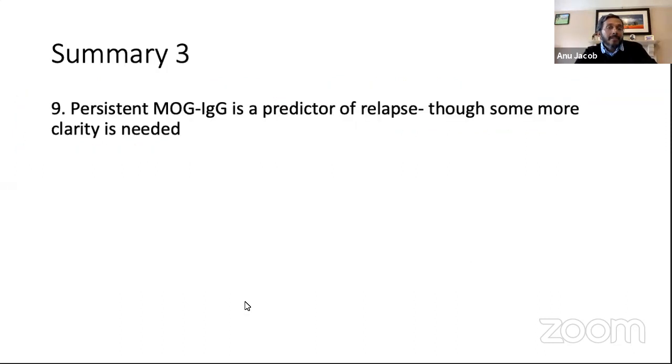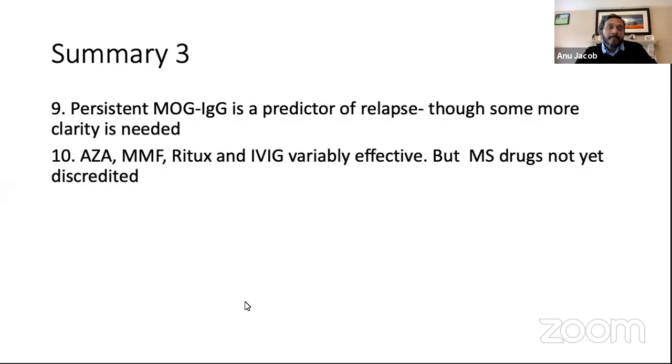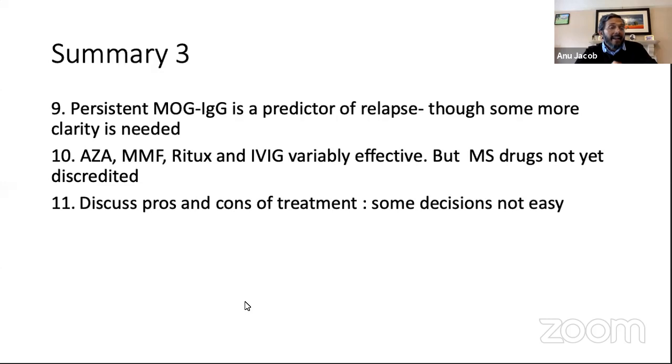Persistent antibodies predict relapse, though there are still some uncertain areas. The commonly used drugs for AQP4 NMOSD are effective, but variably. And I think we should not be in a rush to discredit MS drugs. And in every case, discuss the pros and cons of treatment, the uncertainties, and some decisions are not going to